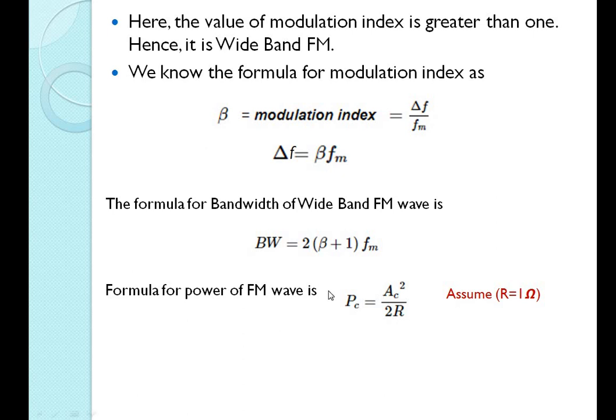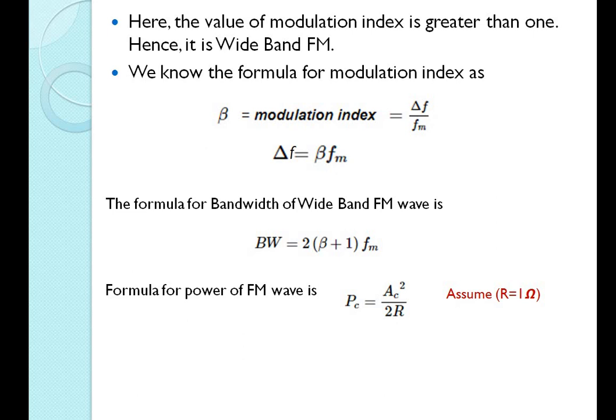And the third one is you have to find the power. The power of FM will be similar to the power that we got in amplitude modulation, that is, carrier power Pc is equal to Ac square divided by 2R, where I am assuming R is equal to 1 ohm. I have given the R value, the modulating frequency, and the amplitude of the carrier. Every value is given, you just have to calculate and get the answers and submit the assignment by tomorrow, or day after tomorrow, or by Monday. Practice the first problem, and the second one also.